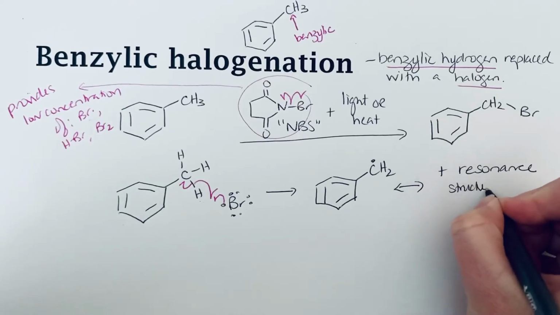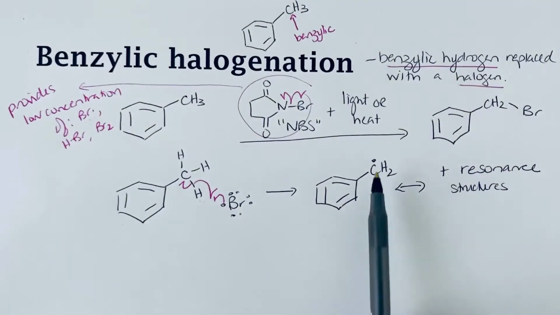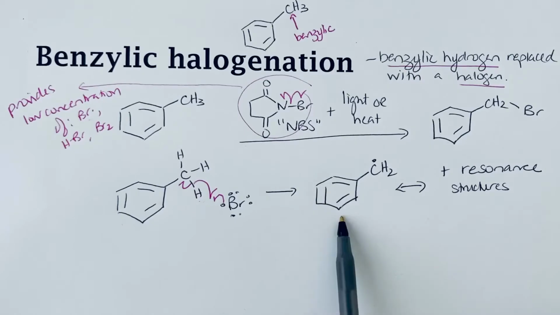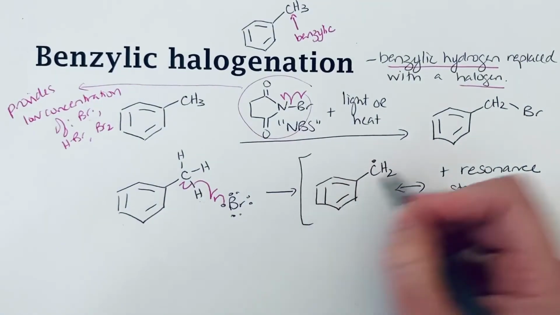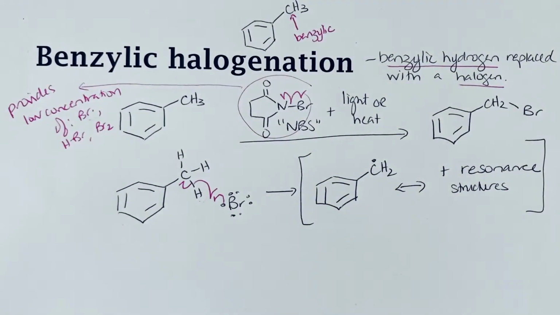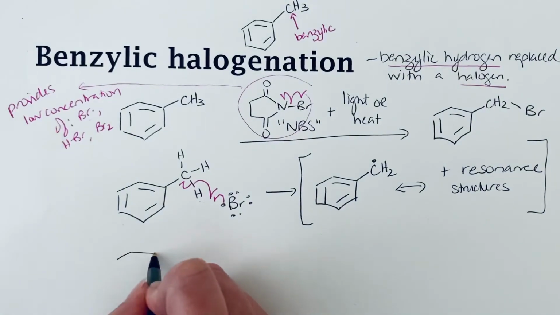I'm not going to draw them here because although that resonance stabilizes it, we're not going to see any product from any resonance structure other than this one here that we've drawn. This is the major resonance contributor because it has the benzene ring intact. And that benzene ring, that aromatic ring, is quite stable. So once we've got that benzylic radical,